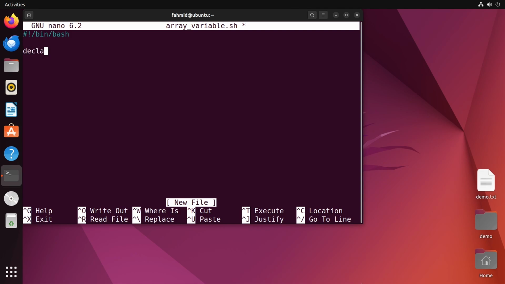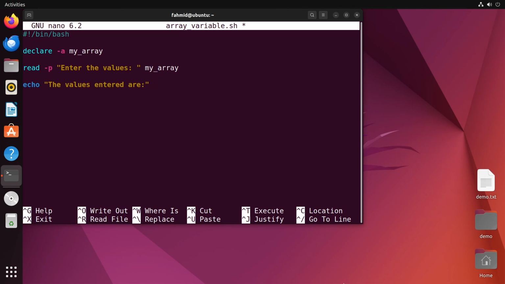Now I'll declare the array using the -A option and name it my_array. Next, I will take a user prompt, so I'll use the read command and the option -p to write the prompt, which I'll use: enter the values. Here the user will enter multiple values which will be stored in my_array, and then I will use a for loop to print the values. Now I'll write a print statement which says the values entered are,